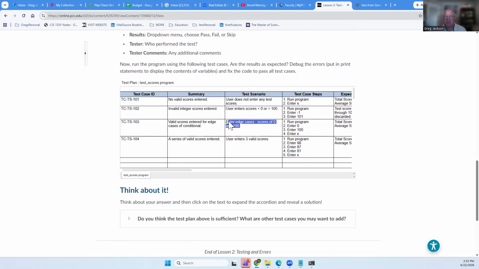See, my program's perfect. No, you want to account for unexpected inputs. You want to account for edge cases: large numbers, small numbers, negative numbers, zero, non-numeric input, right? All kinds of stuff. And you want your test cases to be as exhaustive as you can possibly think. The more exhaustive you can make your test plan, the better. Okay. So, anyway,